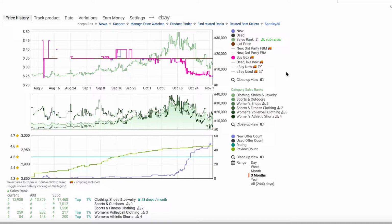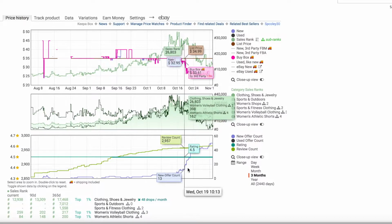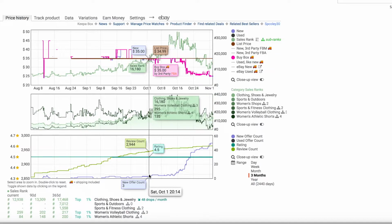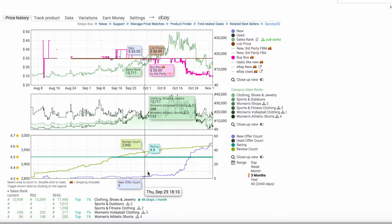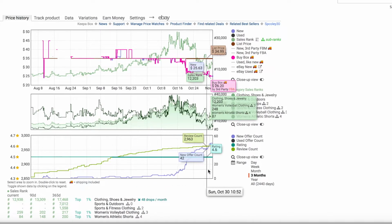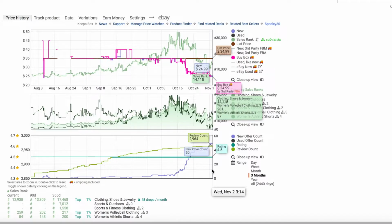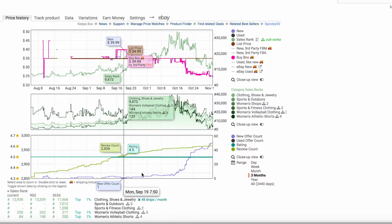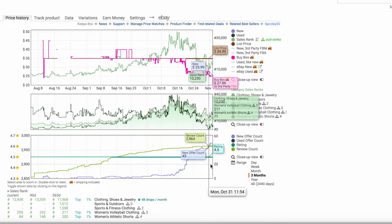The Keepa chart is definitely going to tell you exactly why the listing tanked or show you signs of why it might tank in the near future. So the biggest indicator is the amount of sellers that were added to the listing in the last 2 weeks. You can see the price was pretty consistent around this $35 range, and now it's dropped down all the way to $25. We can also see the seller count was basically below 5, and now we're sitting at least 45